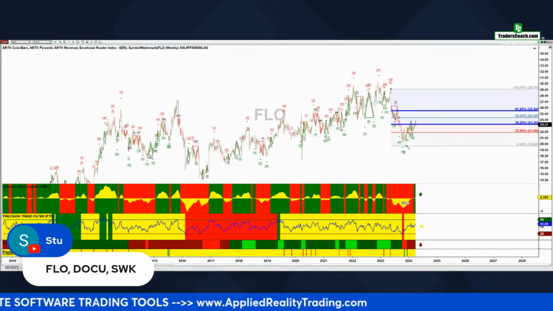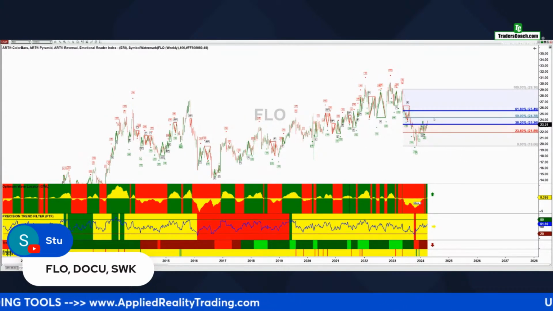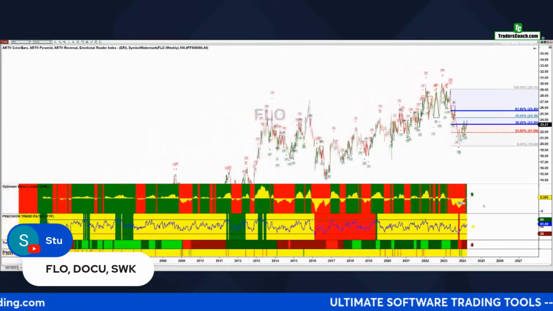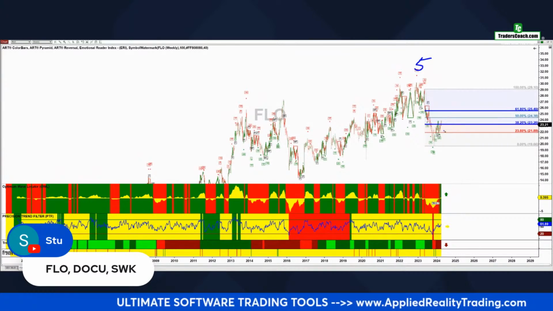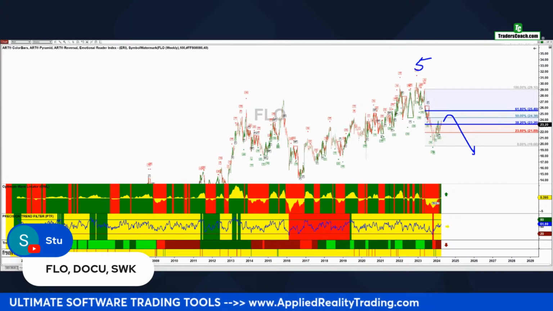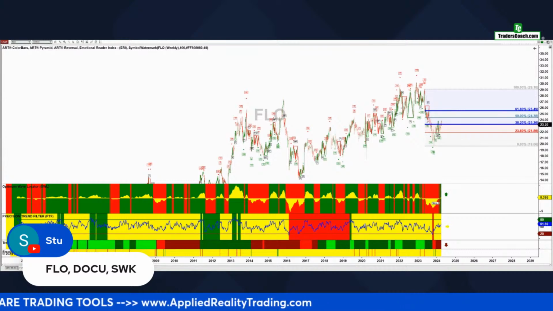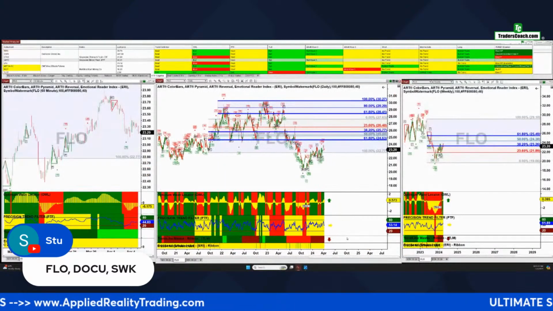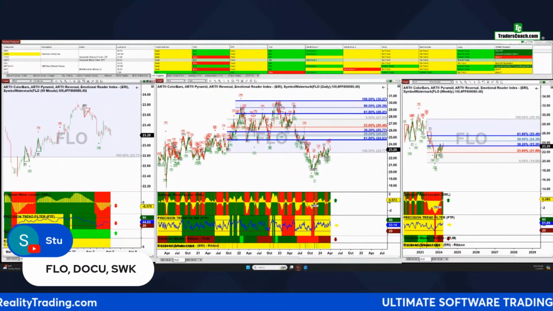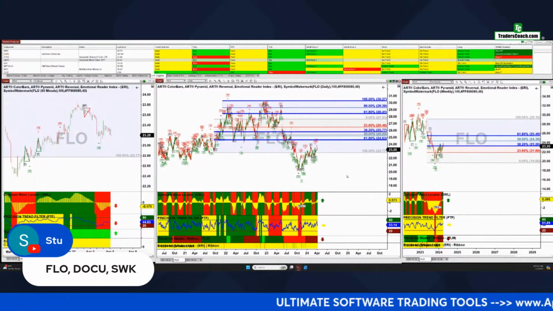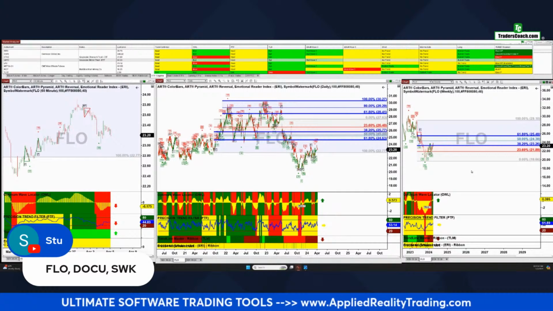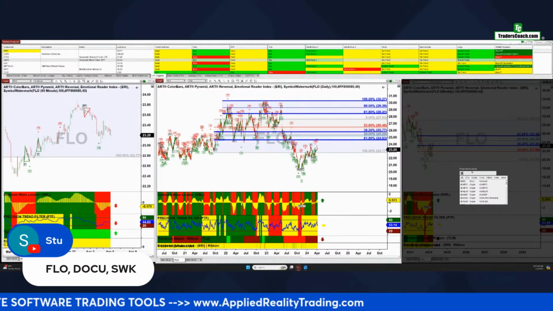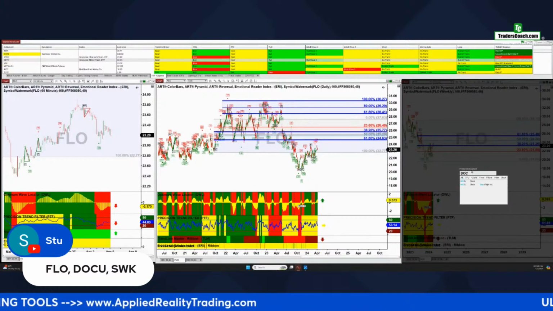And basically, we're going to move it up to here. So we're probably in a crucial area here. Let's see if it keeps going or falls back to the downside. If this is a 5, then you can expect follow through back to the downside, because at the end of 5, you get a fairly significant major change in trend. So you've still got a red PTF over here. So I don't know if, again, Stuart, you're going short on this or you're considering a long, but I would not take a long on that. And I'd probably wait for the rebound to end before thinking about a short, okay?